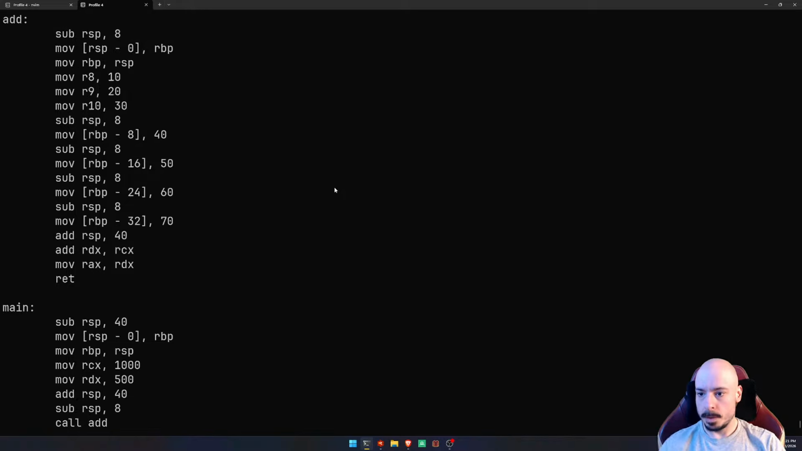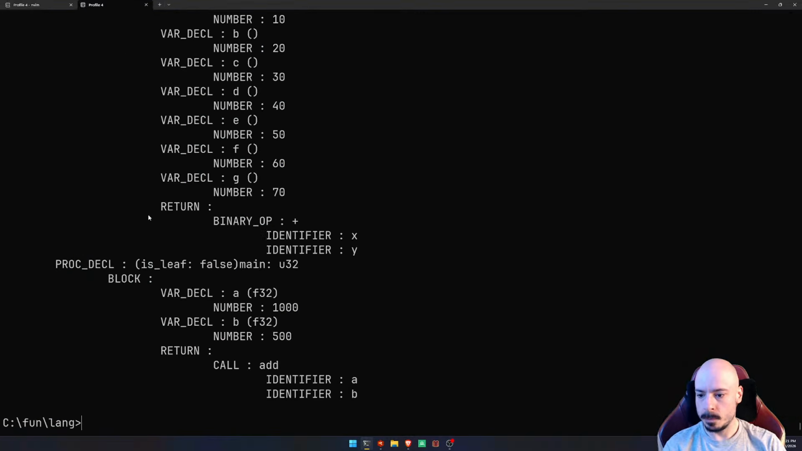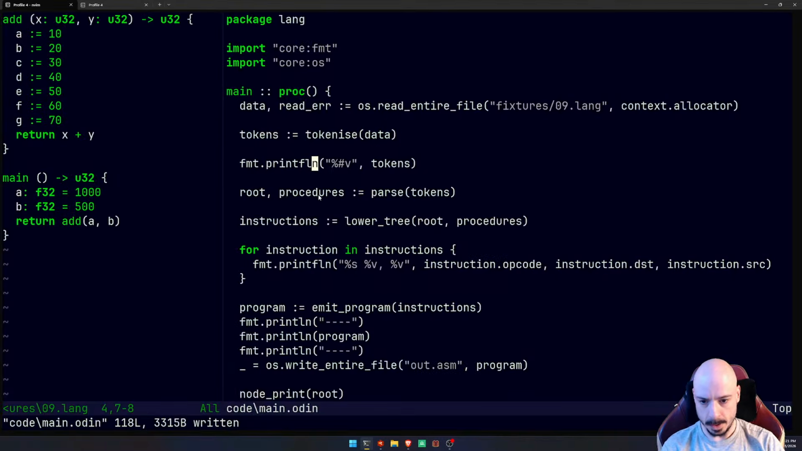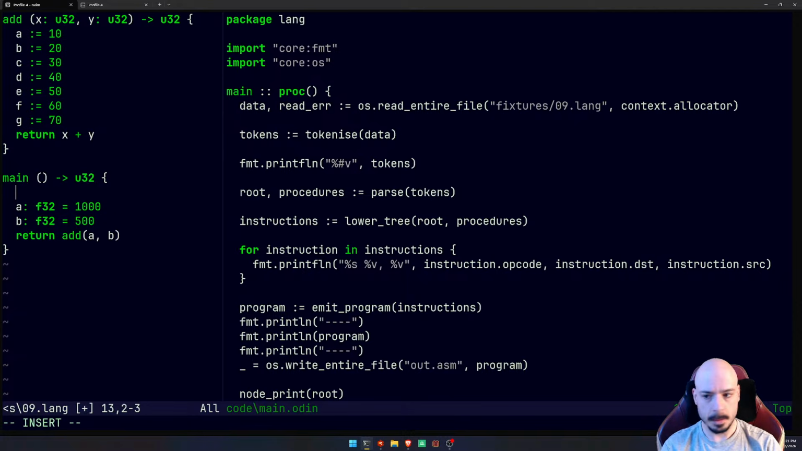Alright, so you can see we've got this main procedure, and we're adding 1,500. We're moving into RCX, which is the first integer parameter, 1,000, into RDX, the second integer parameter, 500, and then we're doing a call after we do some stuff to the stack here. However, this is just coincidentally working because we decided to use RCX and RDX as the first variable slots in a scope. So if we go and add something above this,